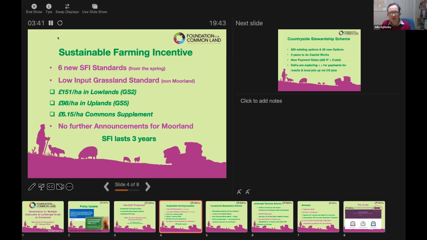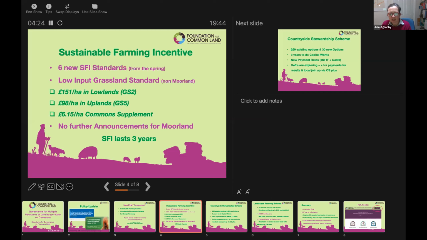So turning first to the Sustainable Farming Incentive. In the past, some of you may have joined our webinar when we were talking about SFI on moorland, and that introductory standard on moorland remains. But the new standard, there were 6 new standards released last Thursday, but the one of particular interest for commons is low input grassland. So moorland is for the land above the moorland line, and the low input grassland standard is for land below the moorland line. It may be in the lowlands or it may be in a severely disadvantaged area, and effectively the same standard is available for both these areas of land.